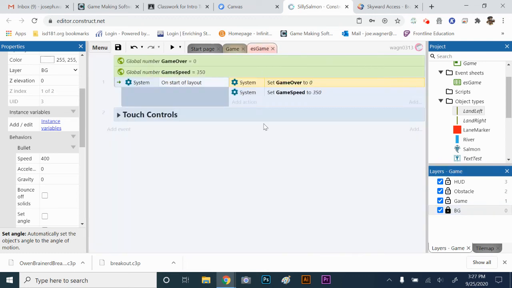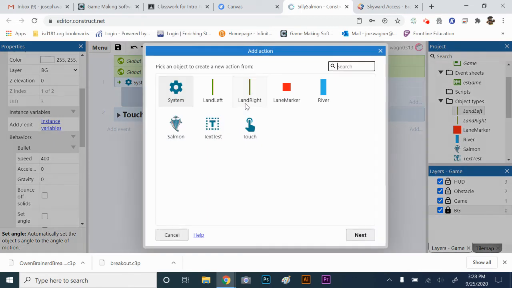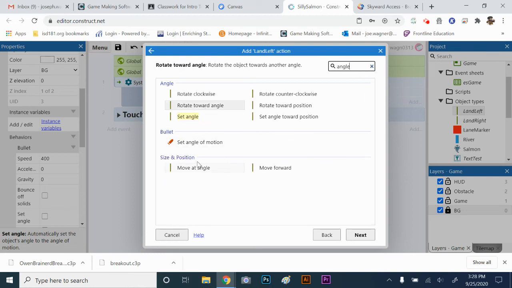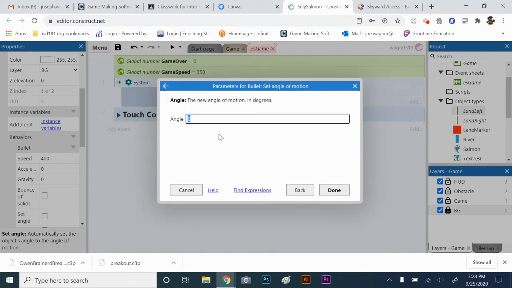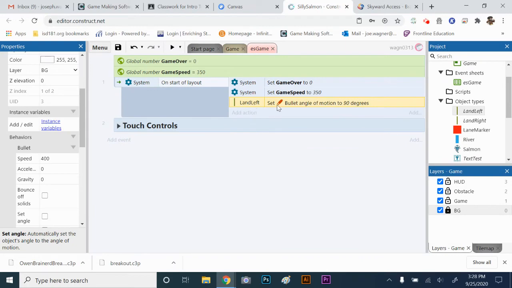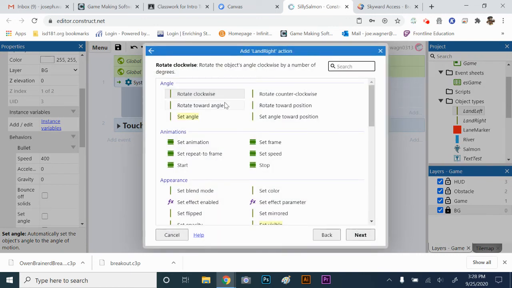Okay. Now we're going to go back to the event sheet and add some more actions to this On start of layout. Basically, when the game starts, we want to make sure that those land objects are moving down and aligning to the game speed. So we're going to add an action for land left and set angle of motion. Just type in angle, and then you want angle of motion right here. The angle of motion is going to be 90. 90 is going to go straight down. So we want the land left's angle to be 90 and we want land right. So go ahead and do another action for land right. We're going to set angle